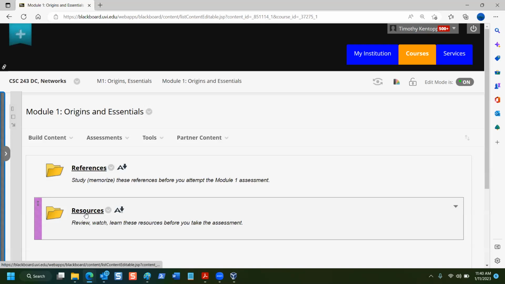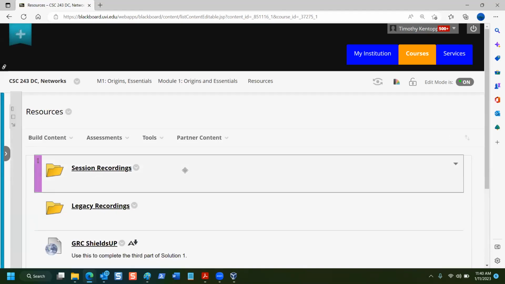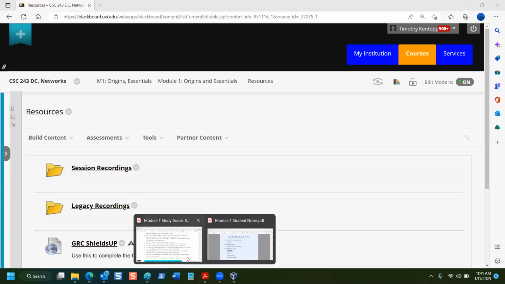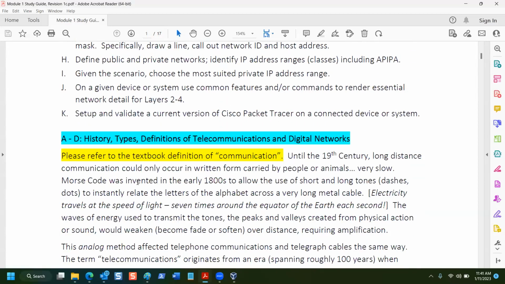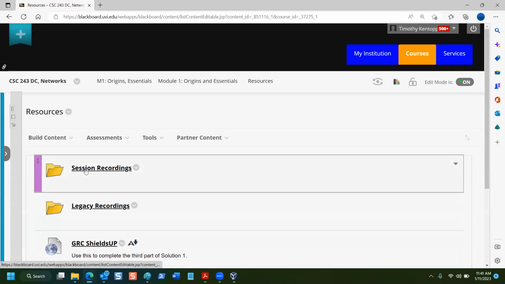The way we have this content, this is the optional stuff, right? The resources do have the session recordings, and I haven't pushed Monday's session recording in here yet. I still have to reorganize these and move the ones from last season to a different folder. It's optional that you would go back to a class recording if you're in the study guide and you don't get something. I often explain things further in our sessions, and that's often very helpful, right?